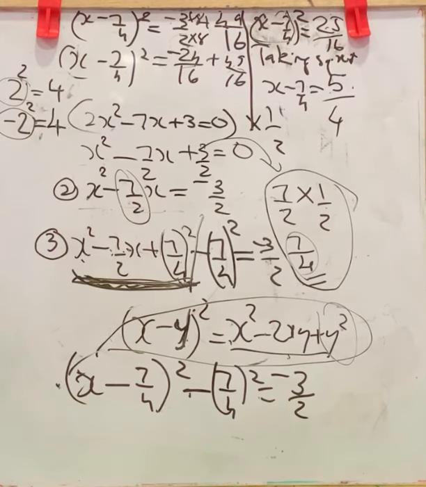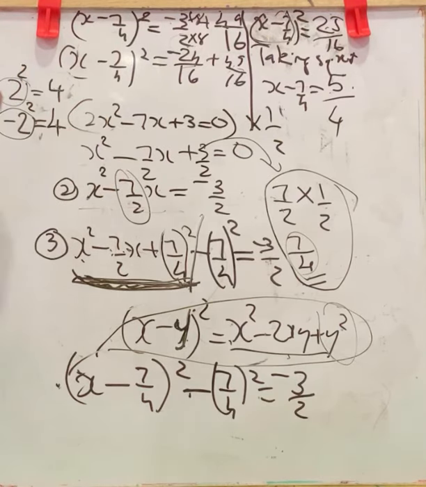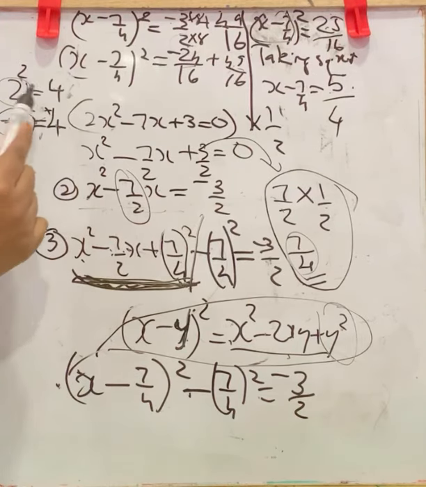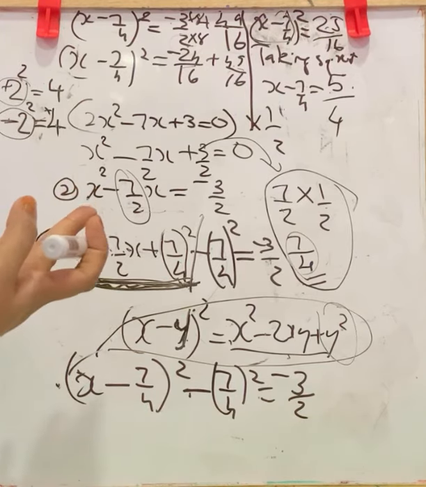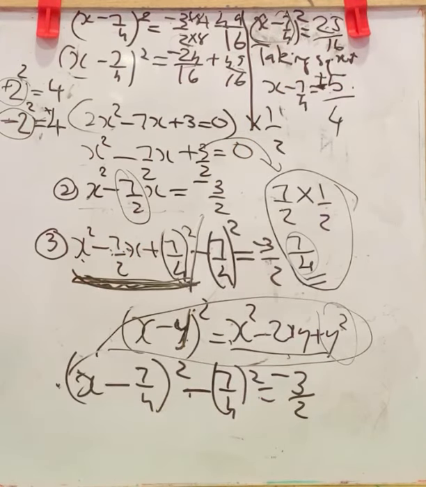So, for any value, if you know the square number, its square root will be either negative or positive, because after squaring the negative becomes positive. This negative number's square is also positive. This positive number's square is also positive. So, here we took the square root. We don't know whether it is a negative number or a positive number. So, we will write here plus or minus 5 by 4.